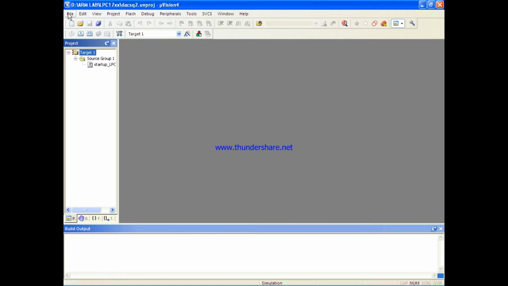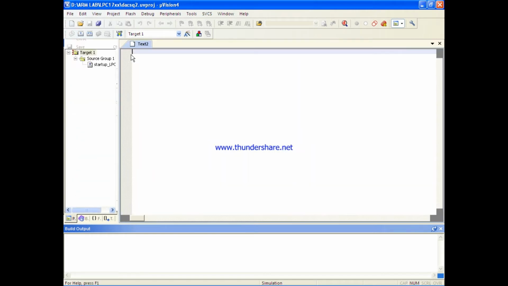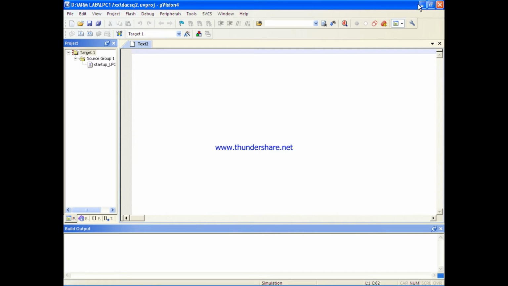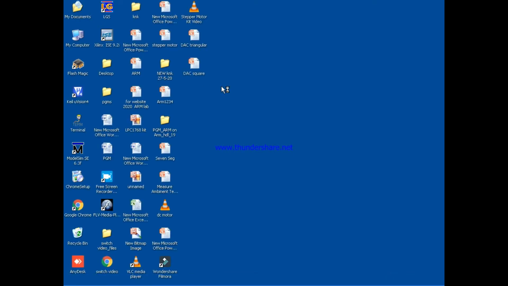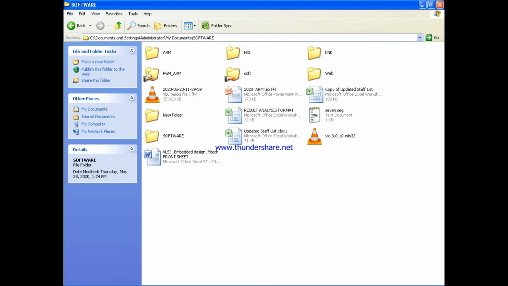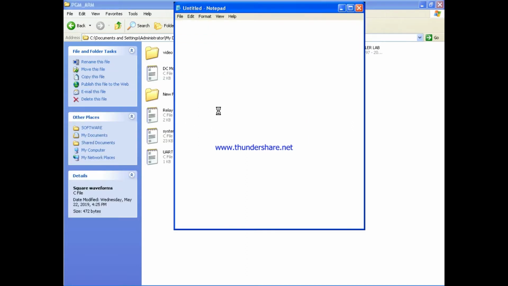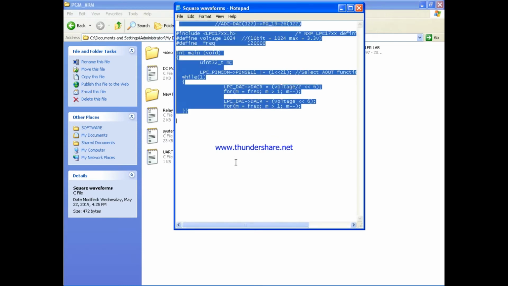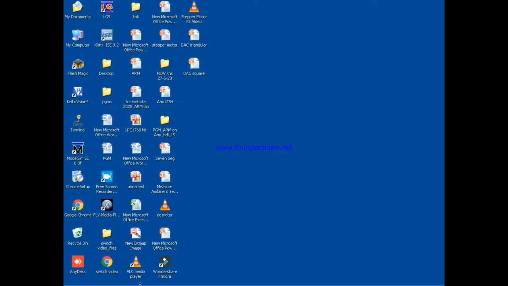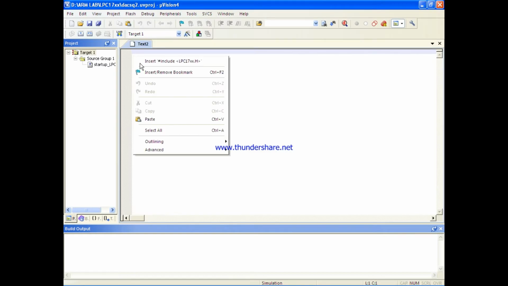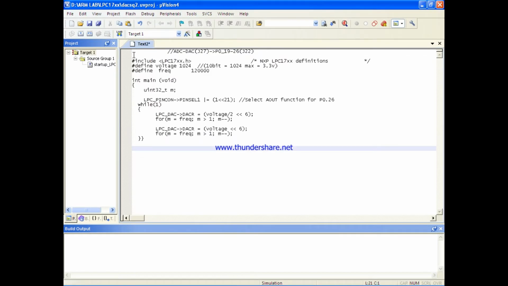Click on this, then go to file, then new file, type the program, so type the program and paste the program.